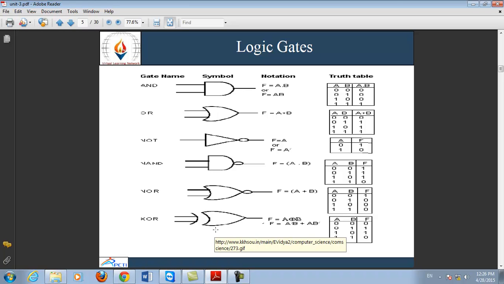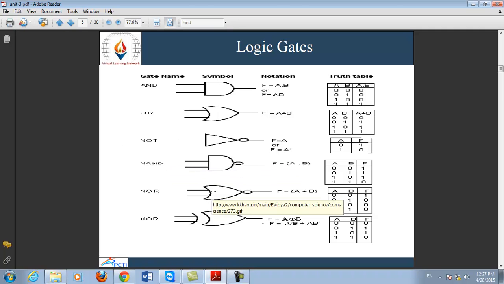Now the basic question is, why do we call NAND and NOR gate universal gates? These two gates are known as universal gates because by using the universal gates, you can present any equation, or implement any equation easily without using any other gate. जैसे कि AND में आपके पास रिजल्ट है A into B. If you want to derive the result A into B by using NOR gate or by using NAND gate, then it is possible by using NAND and NOR gate only, without using any other gates. That's why these gates are known as universal gates.